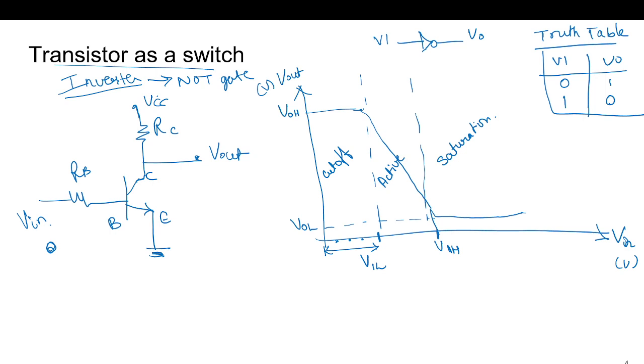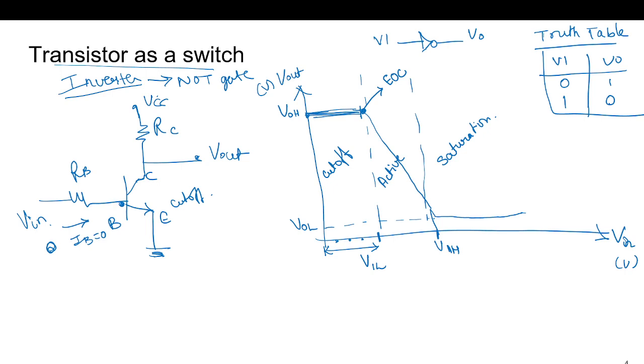So now we will consider this region. Here it is the end of the cutoff region. In this region, you can see this current IB is 0, negligible. So still this VB potential is less than 0.7. So this transistor is in the cutoff state for this entire region, and as VIN is increased beyond 0.7,